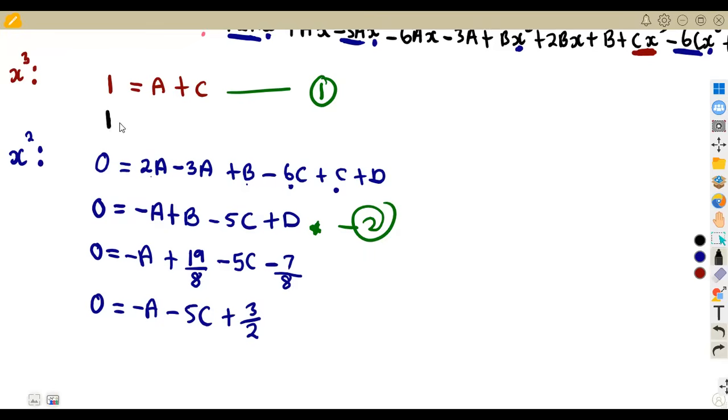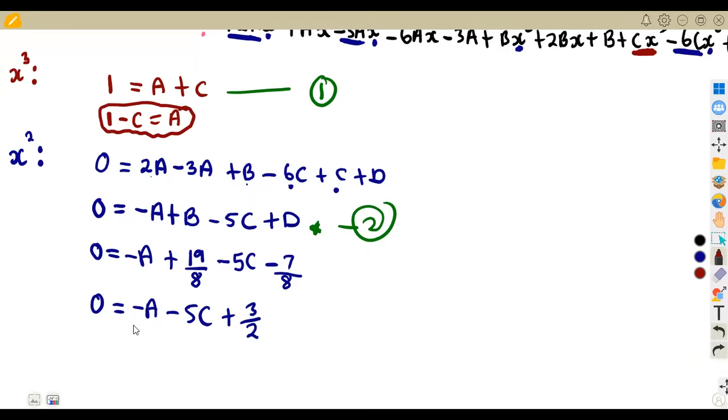That will be 1 minus C is equal to A. The solving part is in your hands. I don't know whether you want to use the elimination method or the substitution method. Okay, so using the substitution method, if I let A be equal to 1 minus C like this,